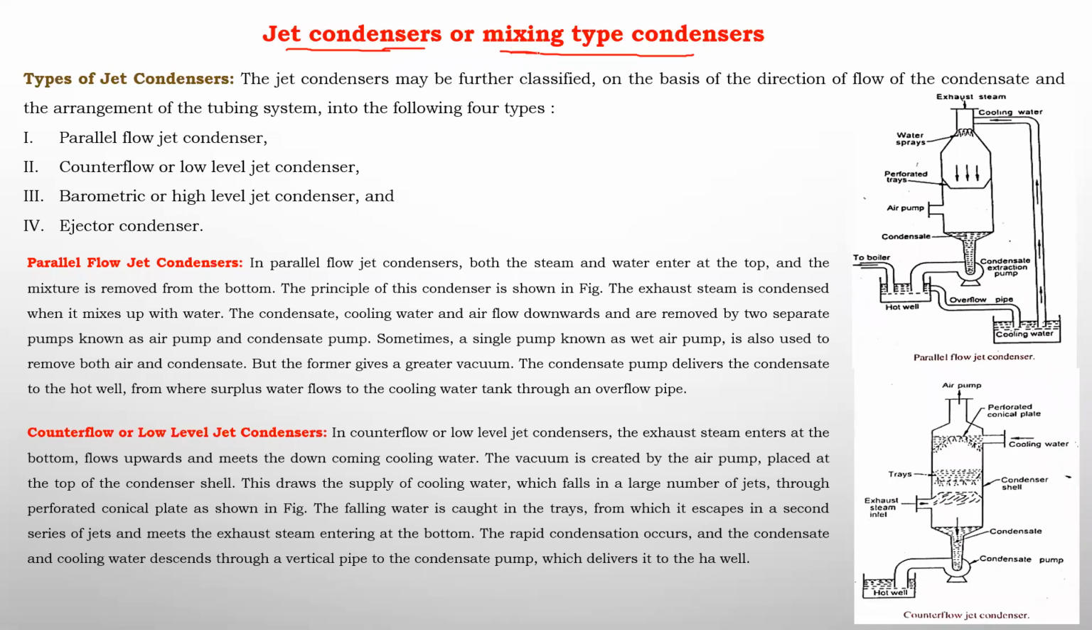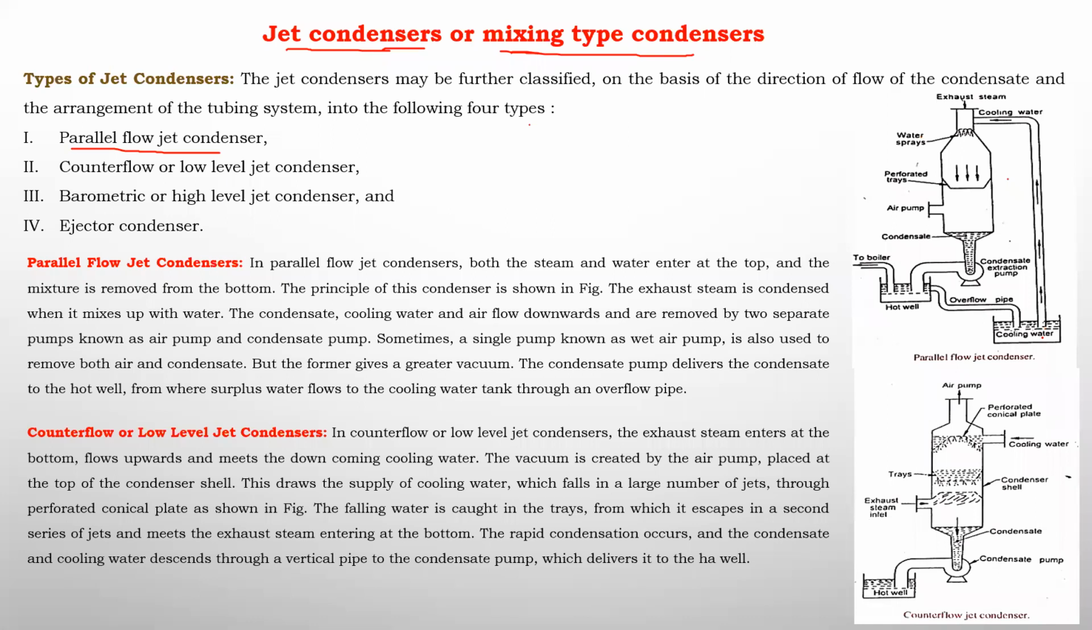Mixing means the wet steam coming from the turbine exhaust gets mixed with the cooling water. The cooling water may come from the cooling tower, or it may come from the river, for the cooling purpose of exhaust steam. Now observe the parallel flow jet condenser. If you observe the first figure on the right side,